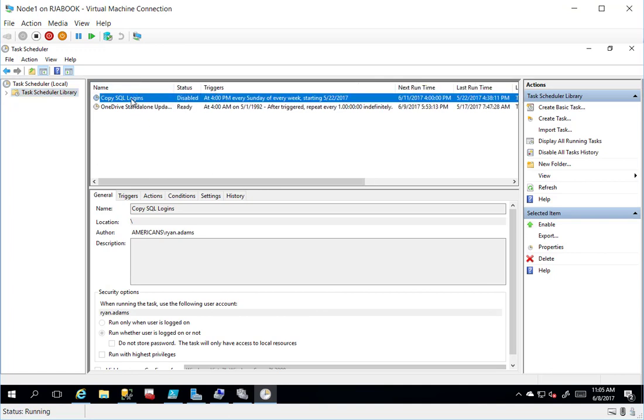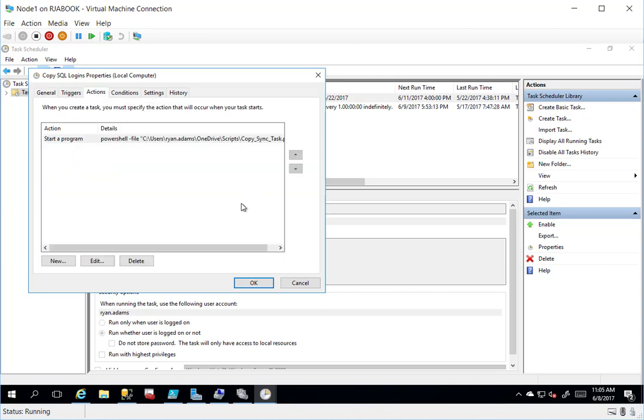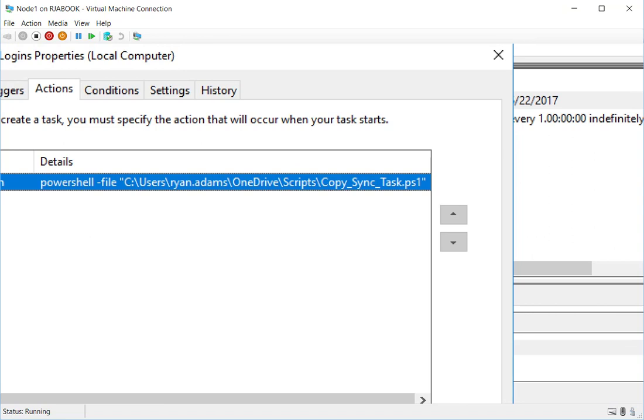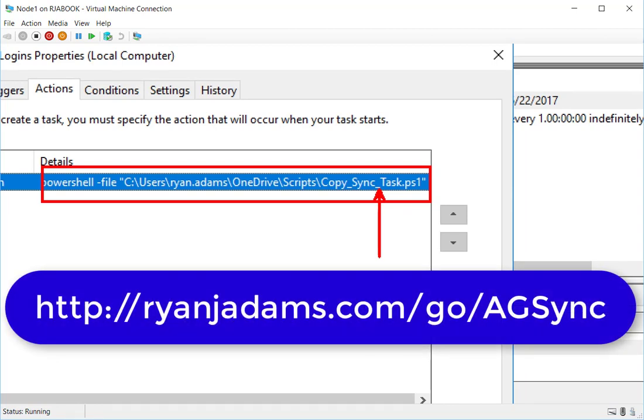So I've got my job here. If I open the job up and we take a look at it, here's the action it's going to do. It won't let me stretch that out any further. So what we're saying is, I want you to run PowerShell and run the copy sync task.ps1 file. Now what's nice about running this out of the operating system is